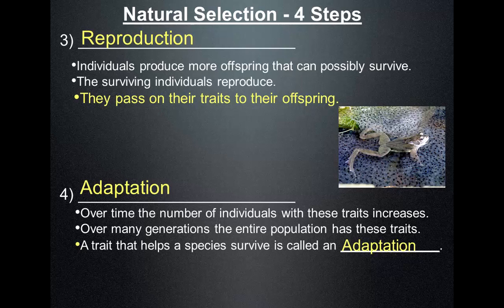Now, there's an important distinction that we need to make about adapting, adapted, adaptation, because oftentimes people get a little confused on this. So if the environment changes in some way, can this individual frog adapt to new conditions? Let's say the water level in this stream drops way down. Can this frog then adapt to living in that shallower stream?